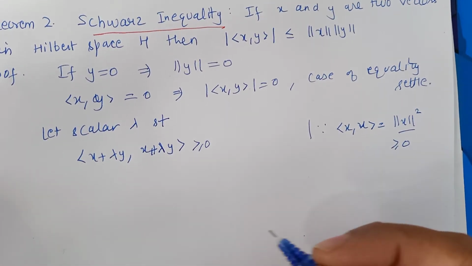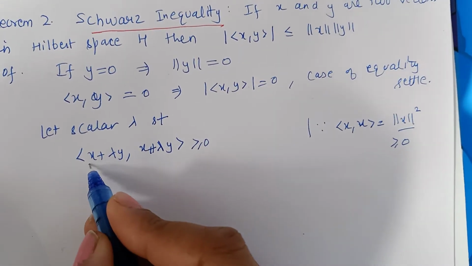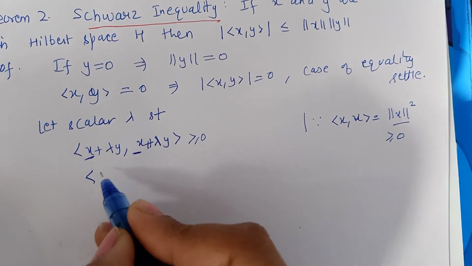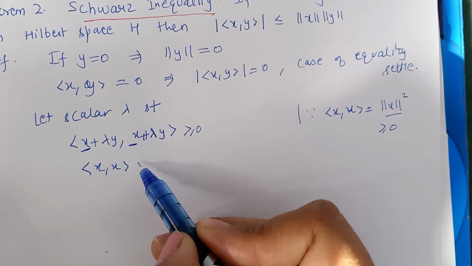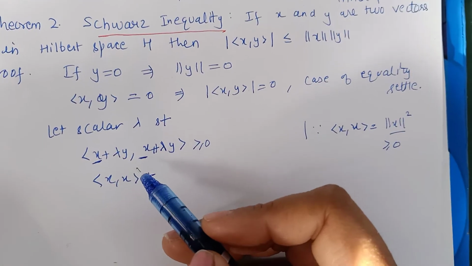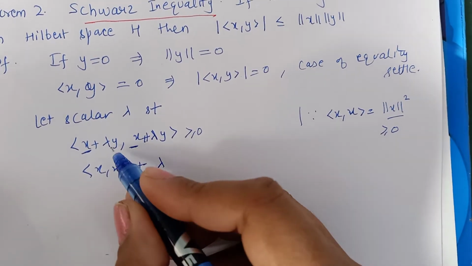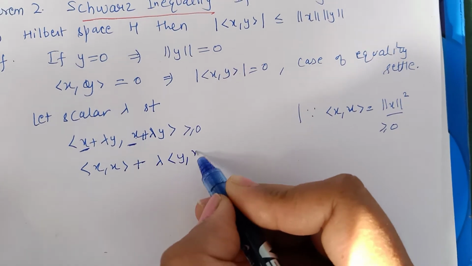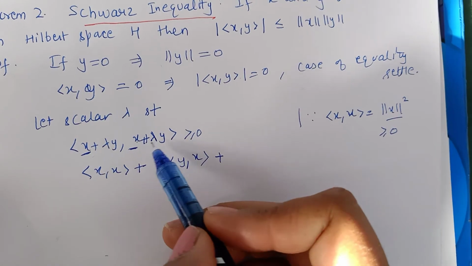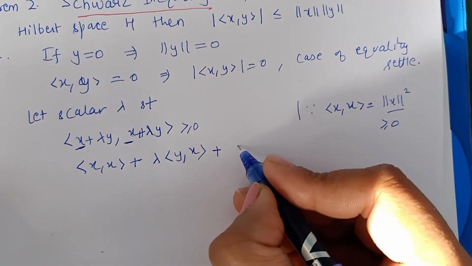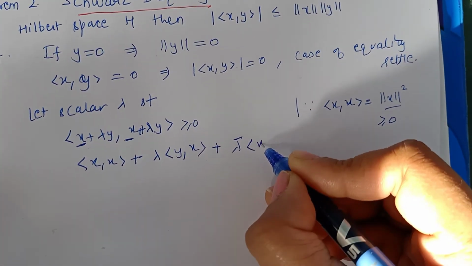So now if we expand this inner product using the above four properties, I can write it in expanded form, like the inner product of x with itself. Then since we have studied that inner product is conjugate linear in the second variable, when I take the inner product of this lambda with x, this is only the first variable, so it will come as lambda only. But when we take the inner product of this x with this lambda y, that will come out as a conjugate, since it is coming from the second variable.